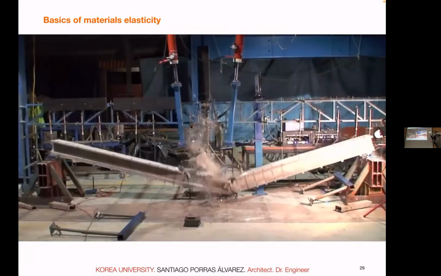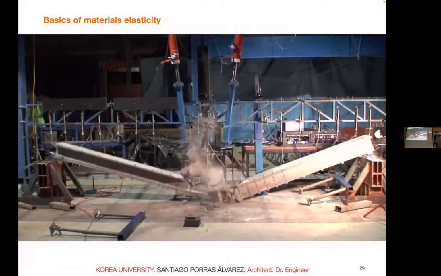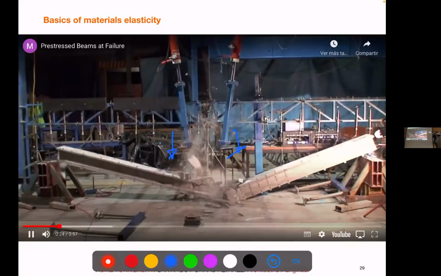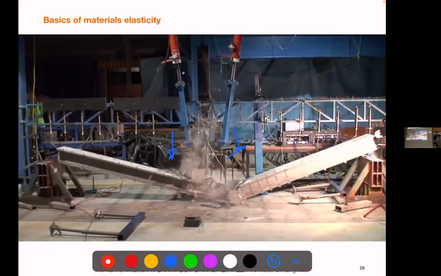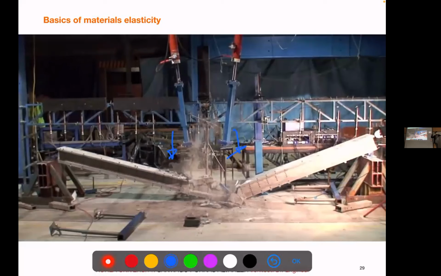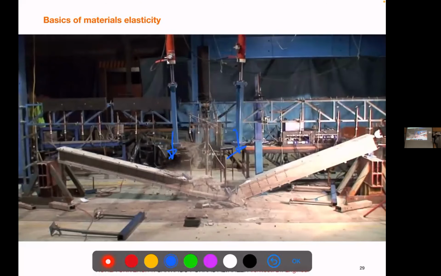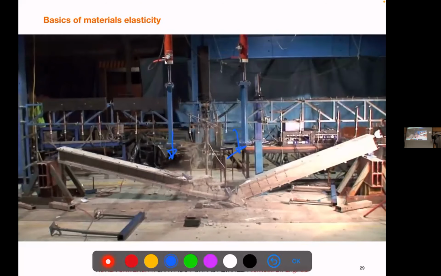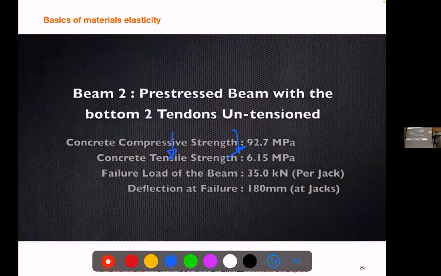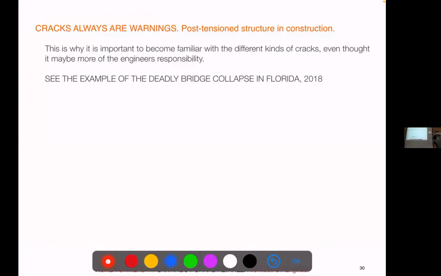So this is what we're asking. See how we always put two concentrated loads there, right? Well, the clip goes with the different kinds of stress and so on, but the conclusion is the same. Pre-stressed is very strong, right? But once it breaks, it's totally different than the usual beam. It is explosive. So we have to be careful also in those cases, right?